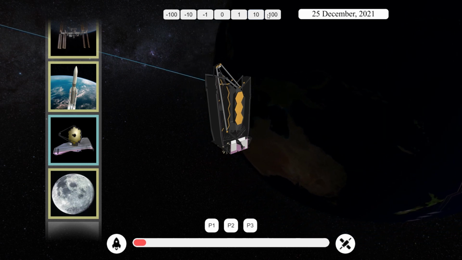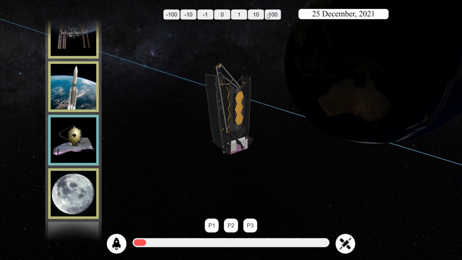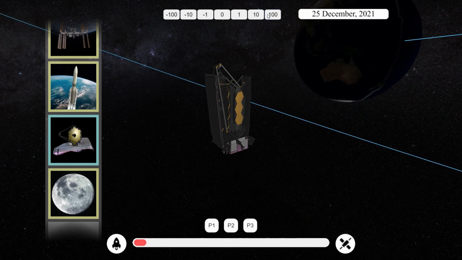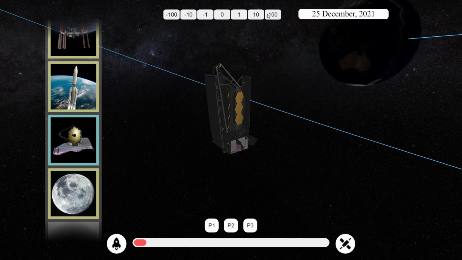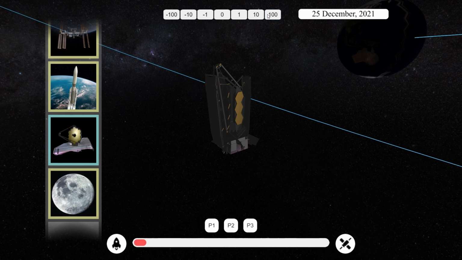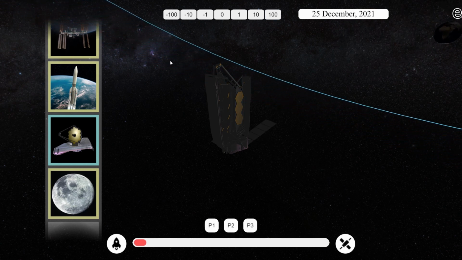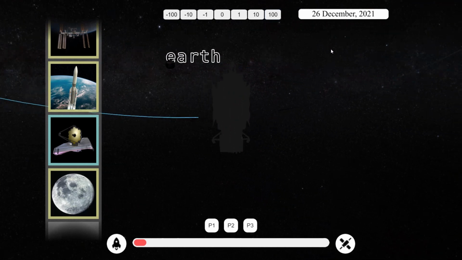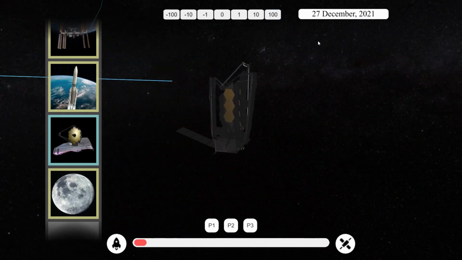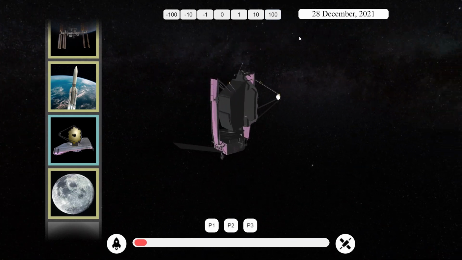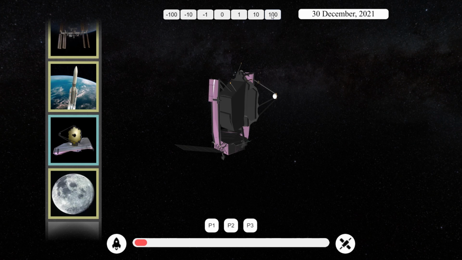There are 5 so-called Lagrange points, areas where gravity from the Sun and Earth balance the orbital motion of a satellite. Putting a spacecraft in any of these points allows it to stay in a fixed position relative to the Earth and Sun with a minimal amount of energy needed for course correction. In the case of Lagrange Point 2, this happens about 930,000 miles away from the Earth, in the exact opposite